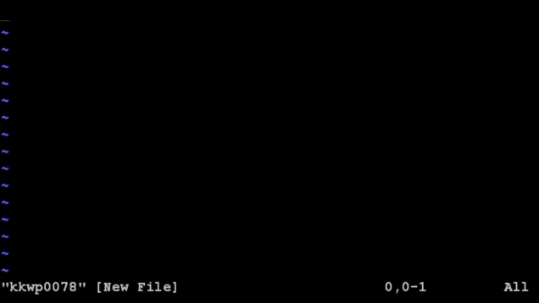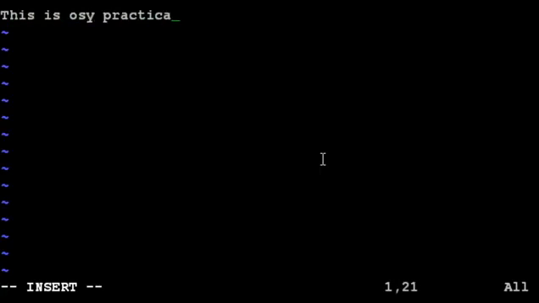So if I press small i, then here you can observe at the bottom you will get the text insert. That means you are in insert mode and you can write anything in the file. For example, I write this is OSY practical, like this. Now if you want to come out of this insert mode, then I can press escape. So at the bottom the insert text disappears,